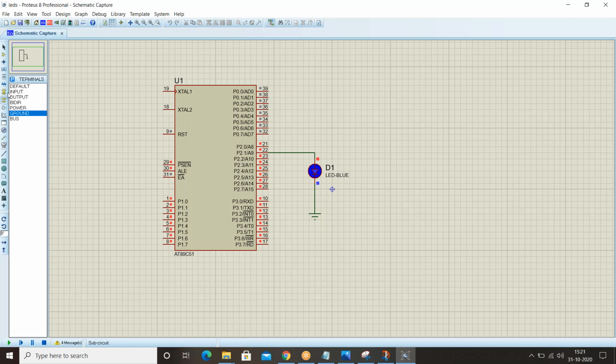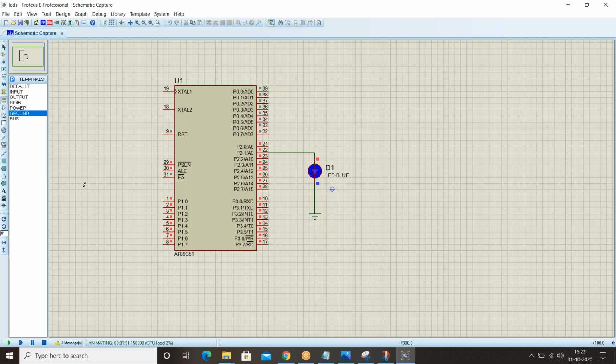Click on this terminal mode, and you will get a default, input, output, power, ground, bus, something like that. Click on this ground, place it on the workspace and connect it together. This is how we have to do it, right?